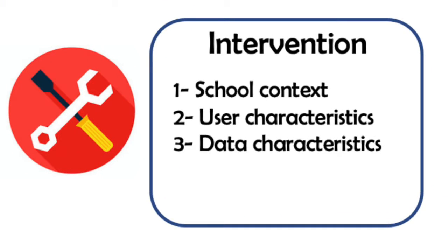The intervention works on 3 levels. The first level is by establishing a suitable school context which can accommodate and encourage data use. The second level is by training teachers on using data and providing them with the necessary knowledge, skills, and support they need. And the third level, which is the most important, is by regulating the characteristics of the data they use by collecting it from mixed resources and not just standardized tests.